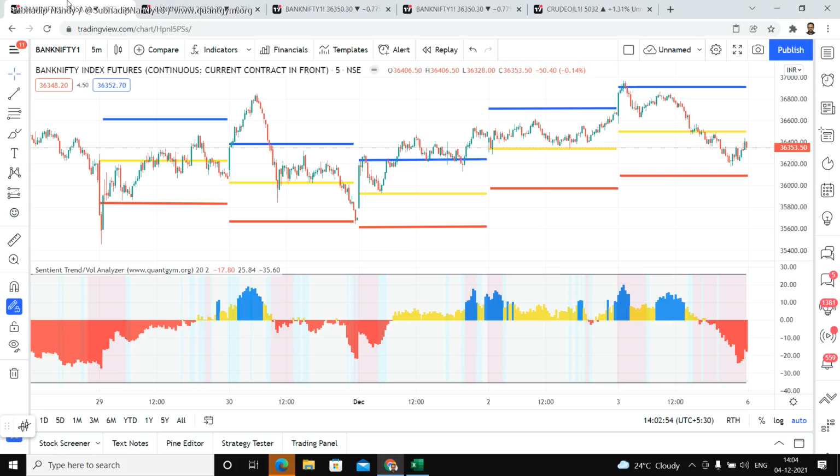But what will not be on the channel is buy Bank Nifty here, stop loss this, sell Nifty here, stop loss this. Those exact trades won't be there. That you have to work on your own. But these levels provide you a market structure on where to trade. And this will be a continuous process where from time to time I'll be sharing videos like this where I will show you the last week's trades, how they have taken place, how they have gone. Number two, you're getting this as the initial product, but this will continuously be improved over time,